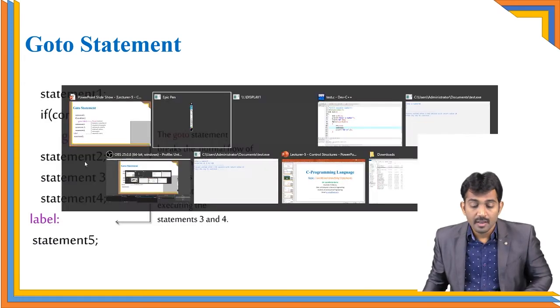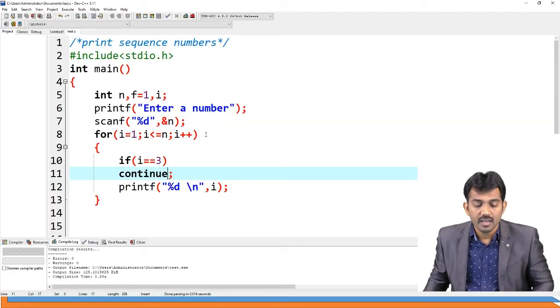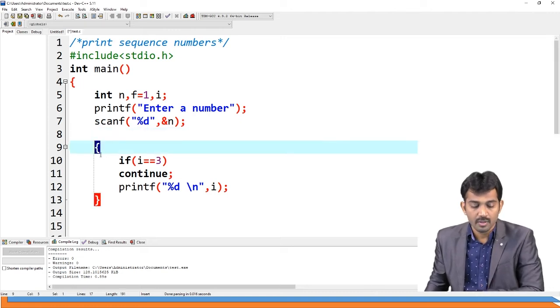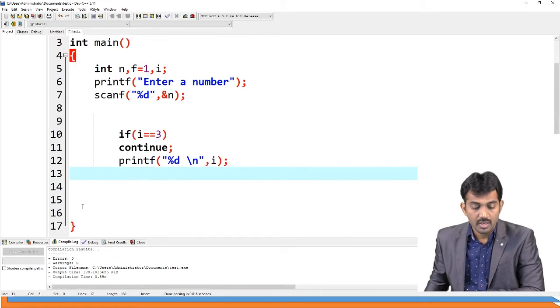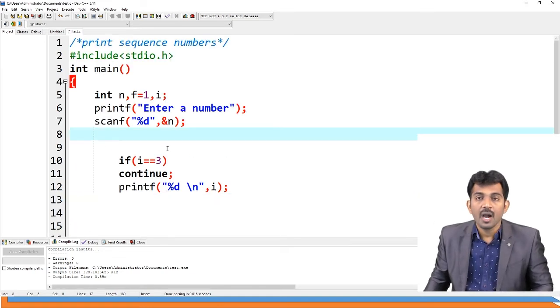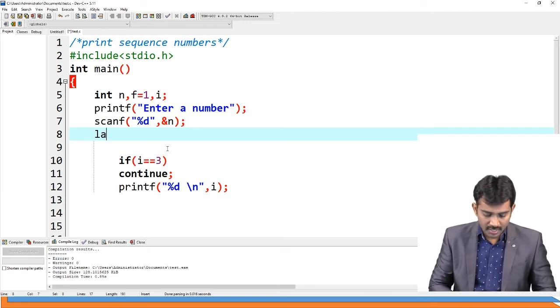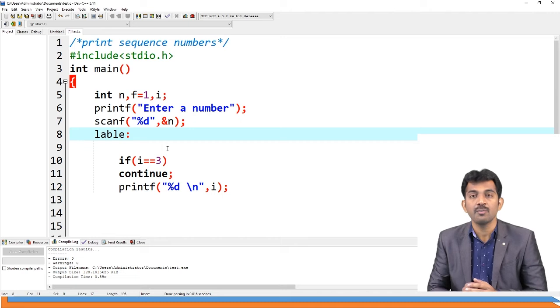See, here I used a loop, right? Instead of the loop, I'm going to use a label. L-A-B-E-L.